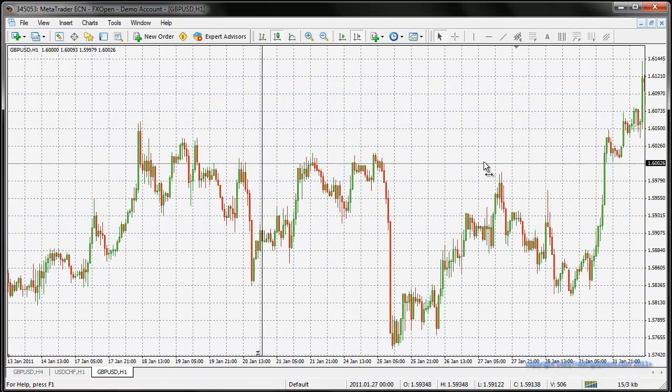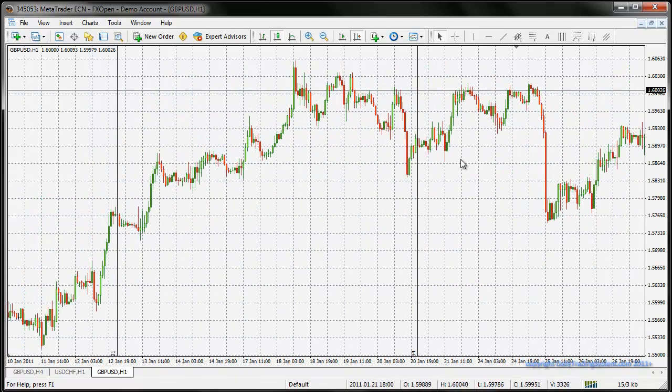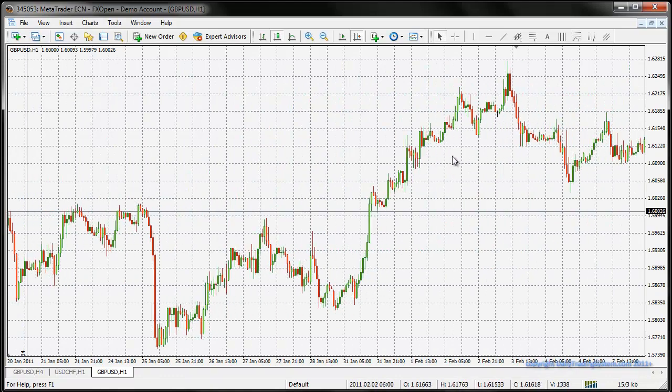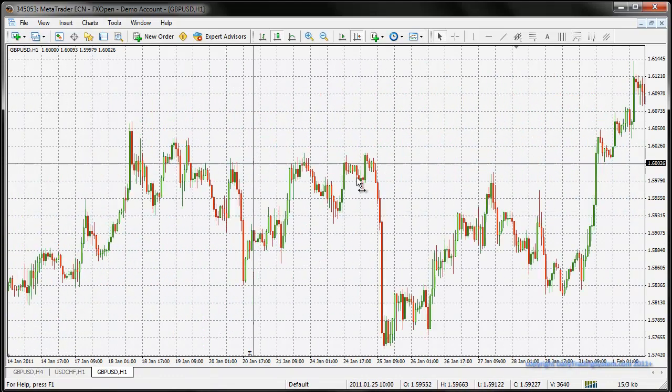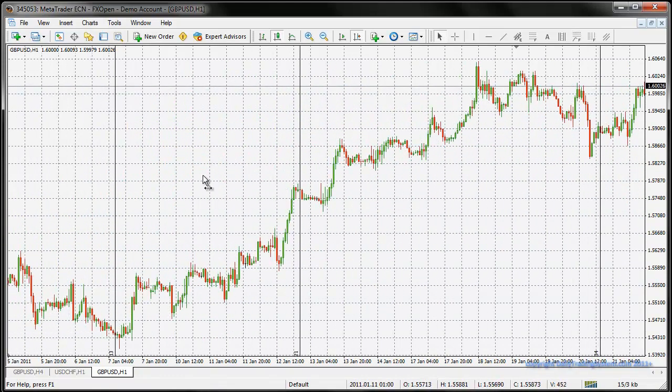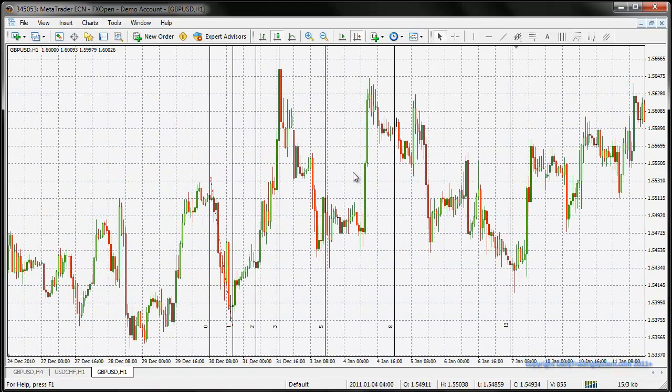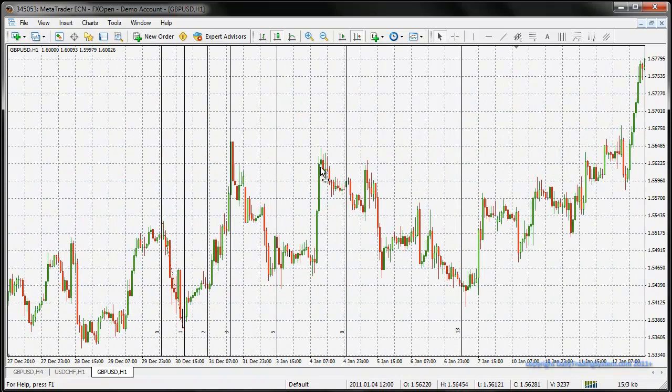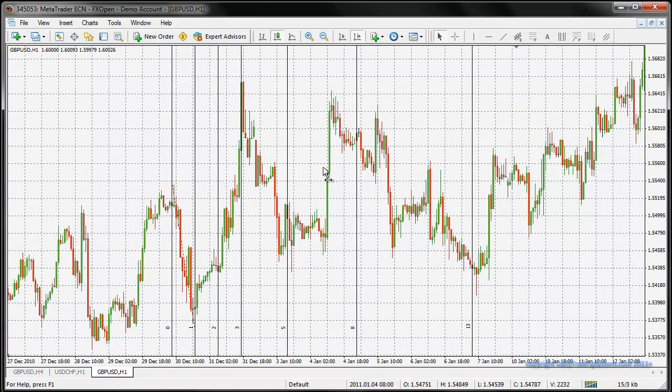But this will just keep on going. There's so many Fibonacci numbers, it just doesn't ever stop. It's a never-ending set of numbers. Alright, but yeah, there's not really much I can say about this particular indicator really. I suppose you would probably need to use it in conjunction with other